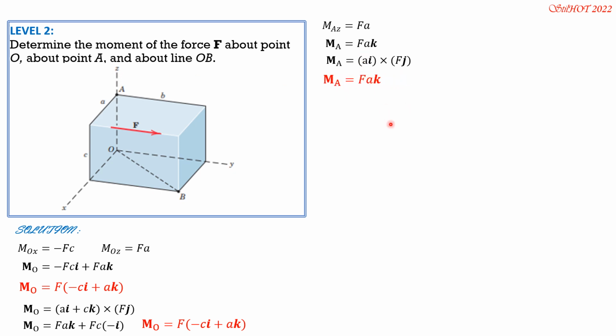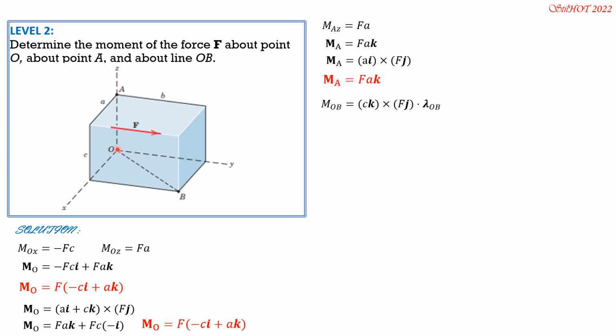Then moment about OB in vector form. So MOB is CK cross FJ, that unit vector of OB. It is a scalar. Position vector cross FJ, that lambda OB. Now we will not use